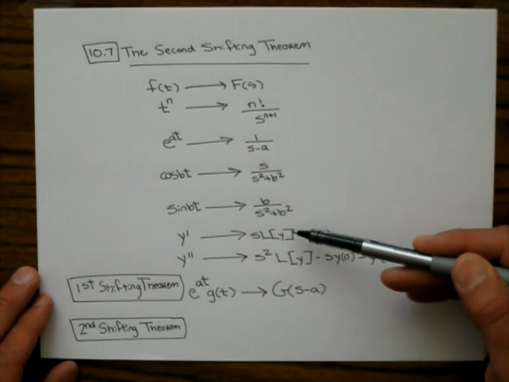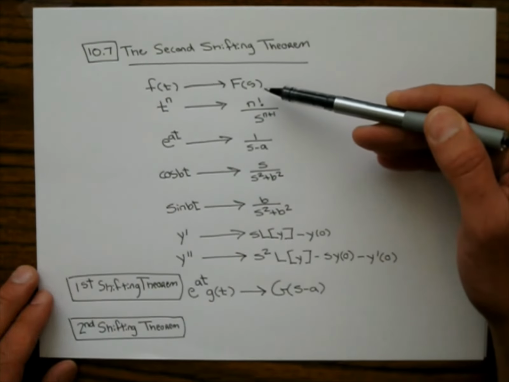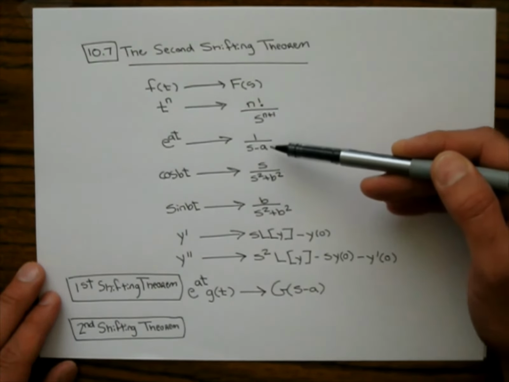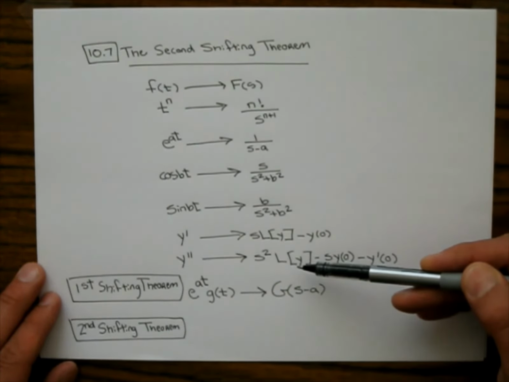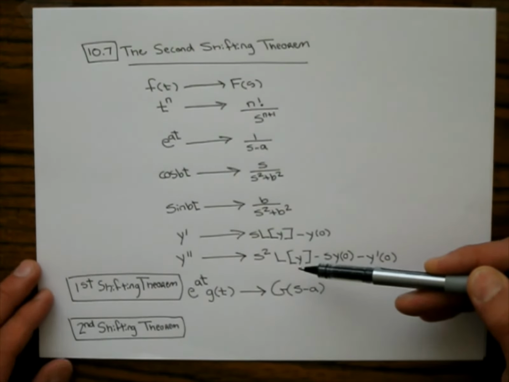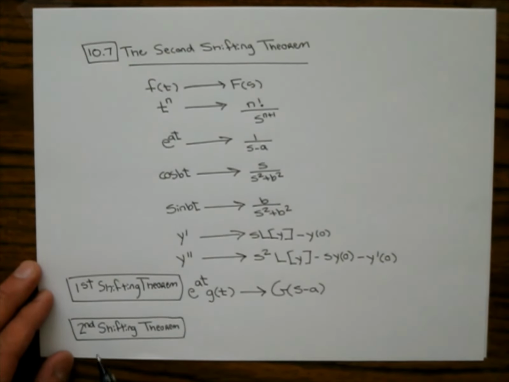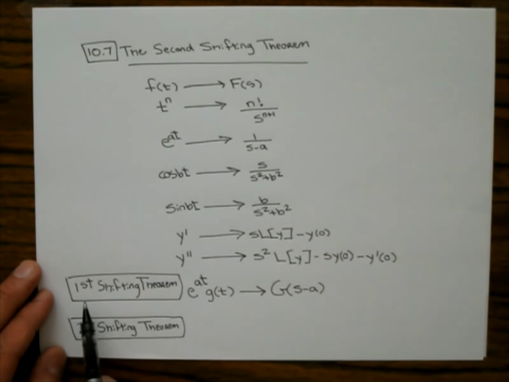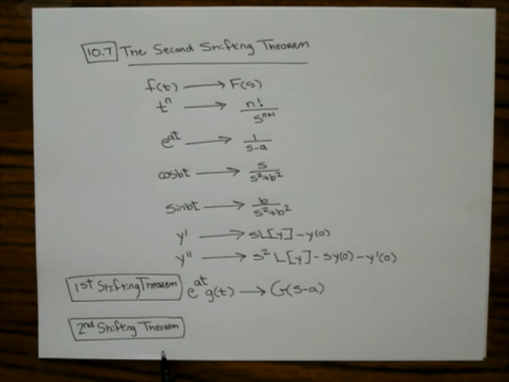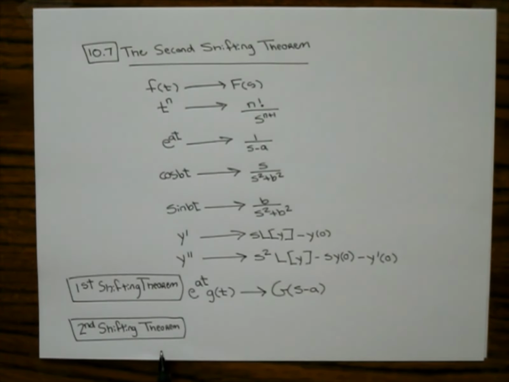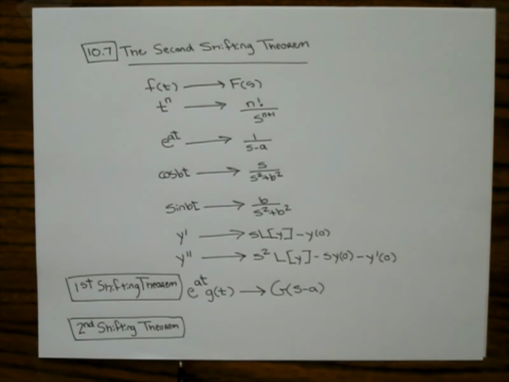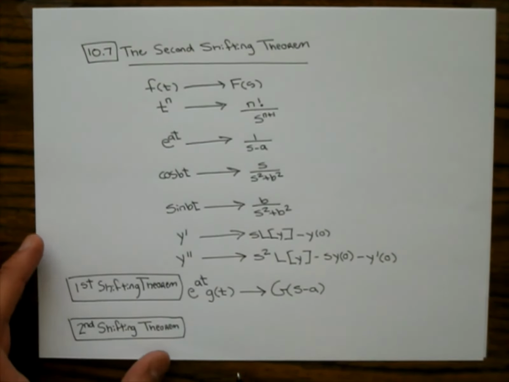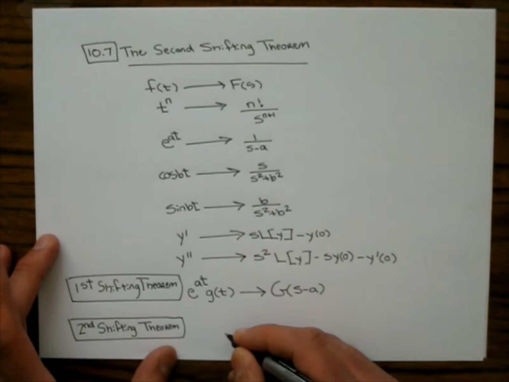These rules here are good rules to memorize, kind of like you memorized some derivatives when you first took Calculus 1. And if this were a face-to-face class, I would actually give you the first and second shifting theorem on the exam. So I'm going to actually just tell you what the second shifting theorem is. First, I'm going to state it incorrectly, because I want to show you something, that if we were living in a symmetric world, a perfect world,